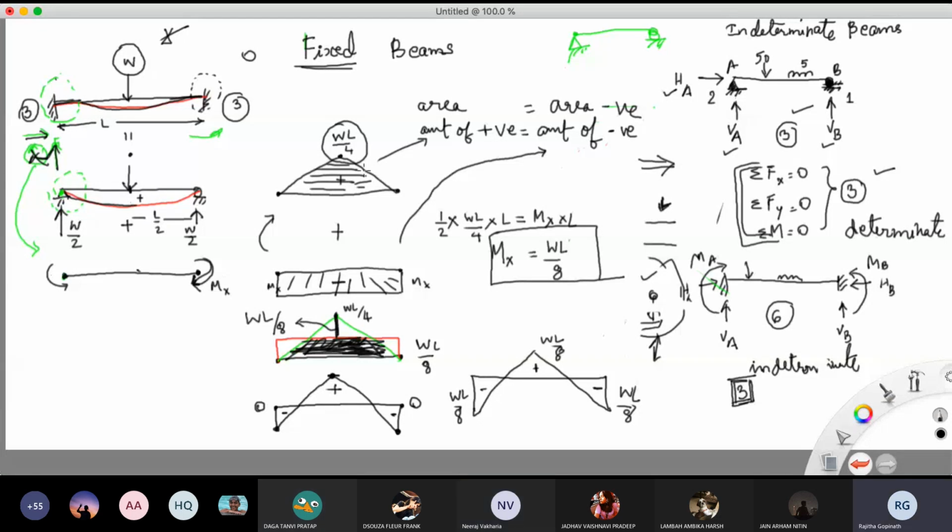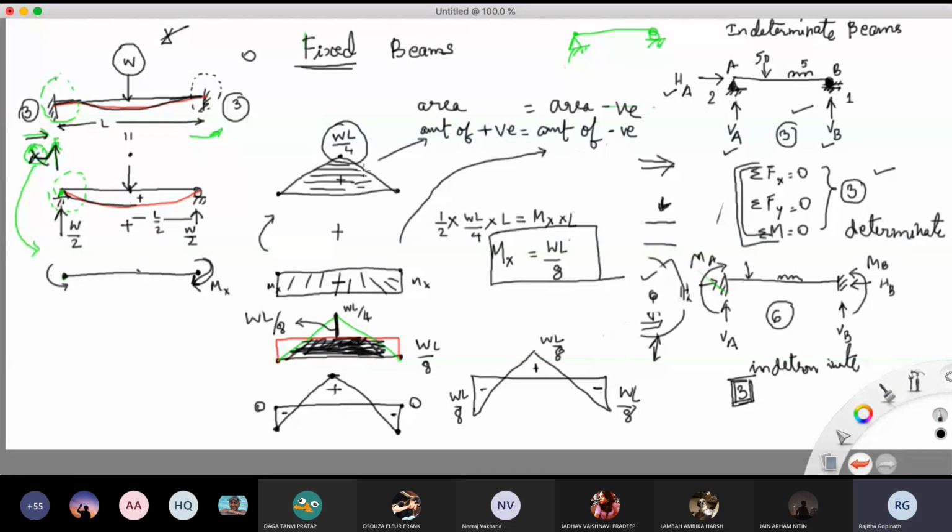ये समझ में आया? Why are we equating both of these? वो समझ में आया? हम दोनों को एक इक्वल क्यों कर रहे हैं, वो समझ में आया ना? Because we are breaking the fixed beam into two parts, that's why we are equating it so that it becomes equal. या ऑल्सो बिकॉज ये जो सैगिंग मोमेंट है, उसको काउंटरएक्ट करने के लिए उतना ही हॉगिंग मोमेंट चाहिए, या हॉगिंग मोमेंट इज अ रिएक्शन ऑफ द सैगिंग मोमेंट, राइट? So both of them have to be equal.